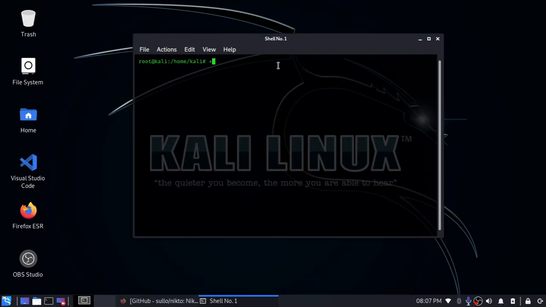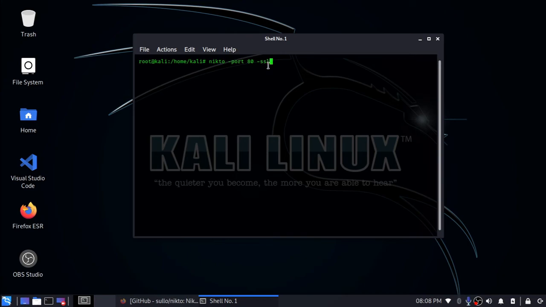There are other options also available with the Nikto scanner, such as the port option. We can specify a specific port here which we want to scan, and there is also another option called SSL.